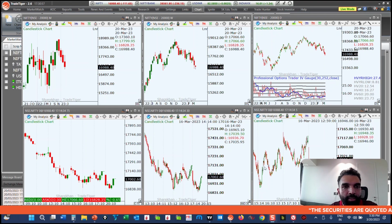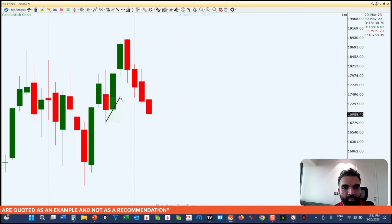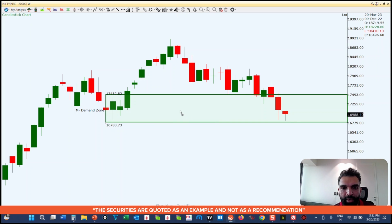Alright, let's start with the Nifty analysis. It's been a couple of volatile trading sessions and today was no different. Let's start with the monthly chart. If you look at the monthly chart, we are still within this area of monthly demand. Prices have gone deep inside this level, and right now we are sitting very close inside this level of